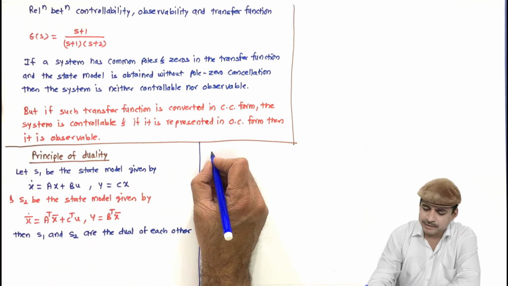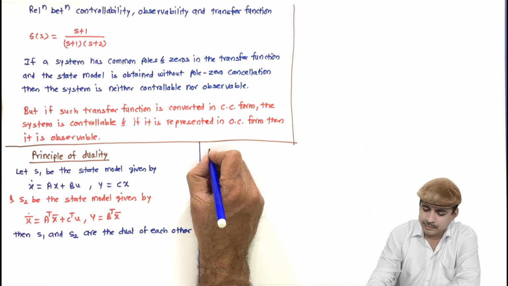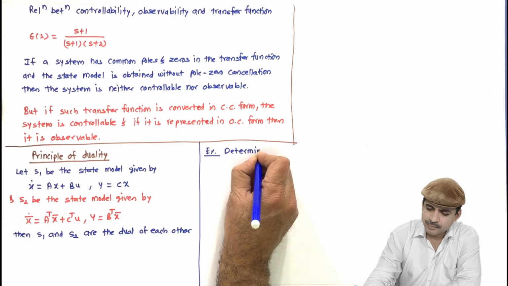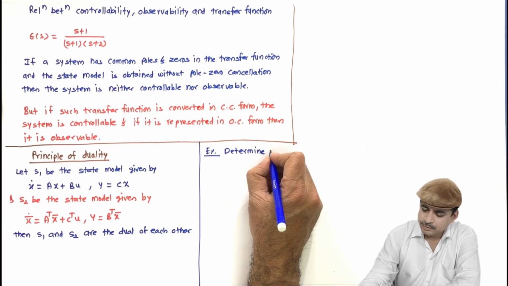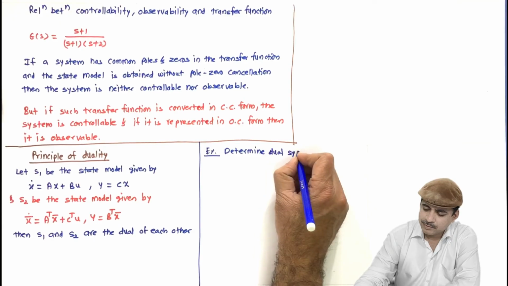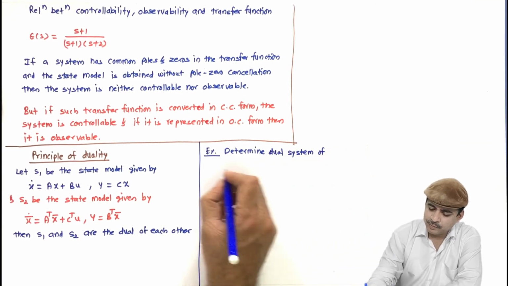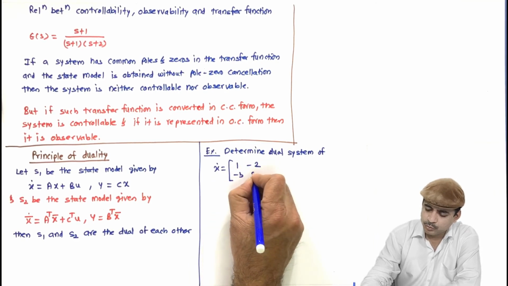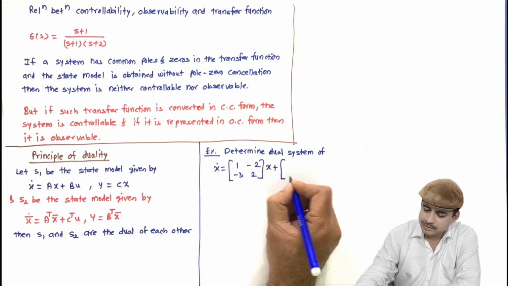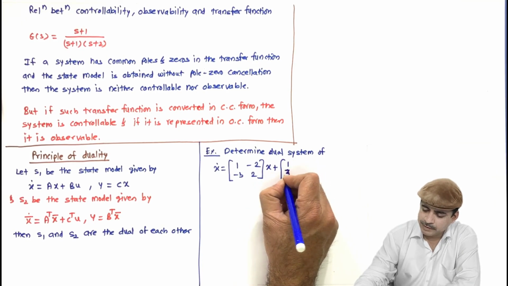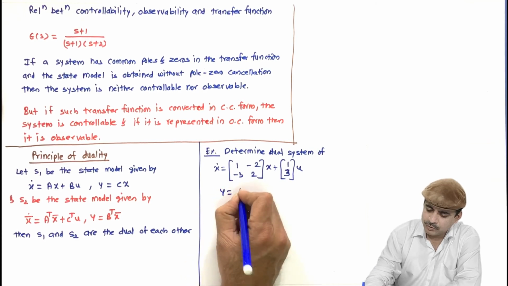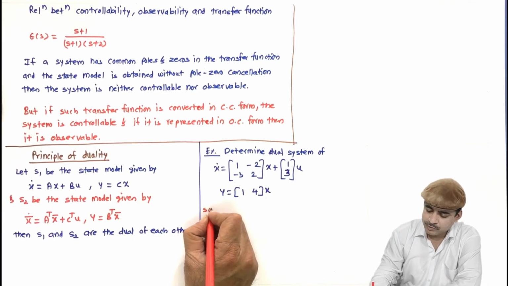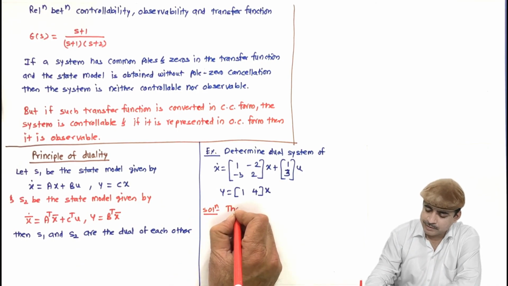Let us take an example. I have a system, determine the dual system of, say, x dot is equal to [1 -2; -3 2] x plus [1; 3] u, and y is equal to [1 4] x. And you have to find out the dual system. So no doubt the dual system